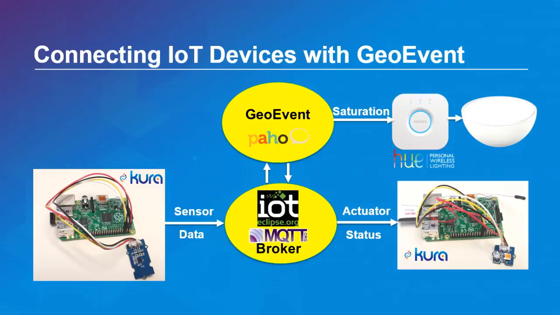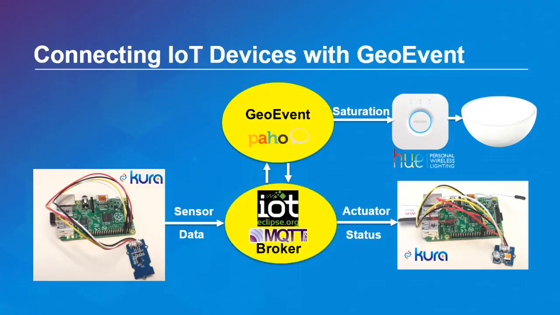And also, we have a Philips Hue personal wireless lighting system set up here. The system contains a Hue bridge, which communicates with the outside world through a portal, and also manages all the light bulbs that are connected to it. Oh, this is the bridge. Yep, sorry, it's right here. All right, so Josh is going to get into more details of the Hue architecture in the next segment of the presentation.